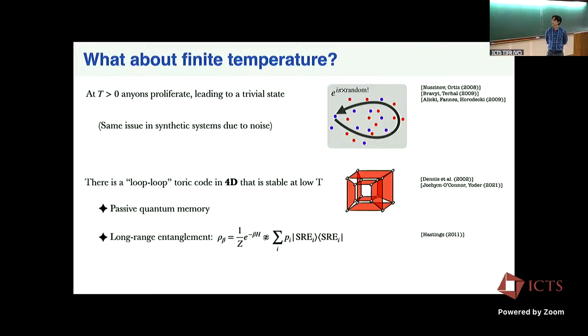Depends on what you mean by correlation. So the model still has zero correlation length. It's still a stabilizer model with zero correlation lengths. The key feature is really that your excitations are loops, so I'll get back to this later, but basically you have to create a large loop, and then this energy entropy trade-off is now different than for point-like particles.